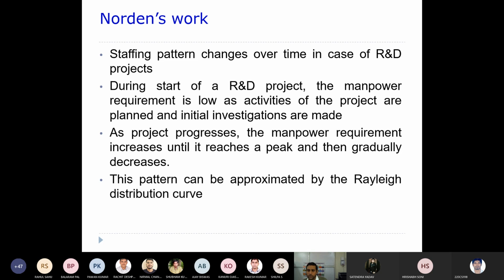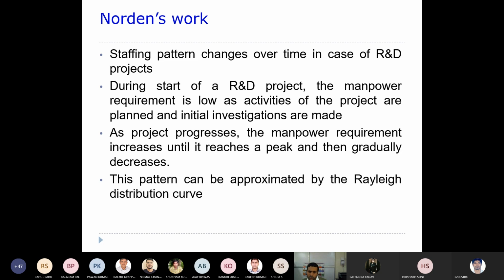So one or two people will be going there and taking out all the requirements, right? So usually few people are required at the very beginning, but as time progresses, the number of people required changes. When you are into the coding, you require more programmers. When you are into the testing, you require more testers, right? So that means at the very beginning you require very few people, but when the time progresses,